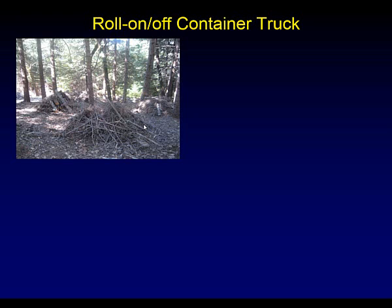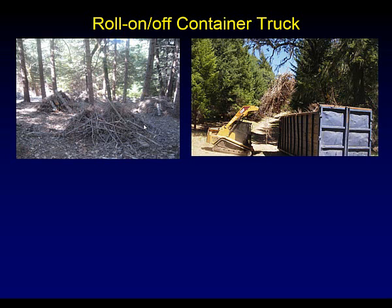So he said, Han, we have a very steep terrain here, very curvy road. A chip van cannot get in there. Okay, how are you going to do that? Well, let me do it. So I briefly explained using the roll-off container. We studied it in Montana, and I showed them, and they said, Han, that's a good idea. Let's try that. So they came up with the funding,